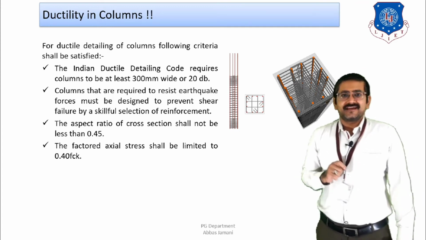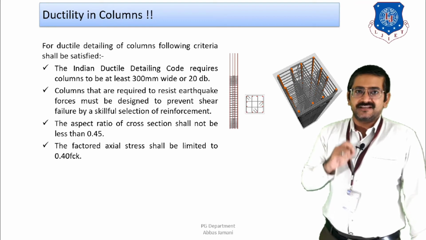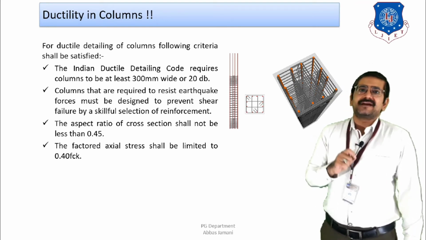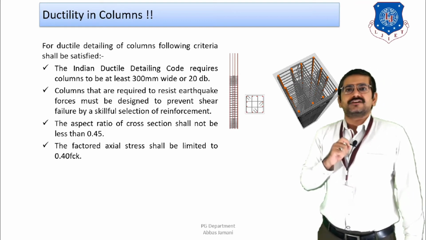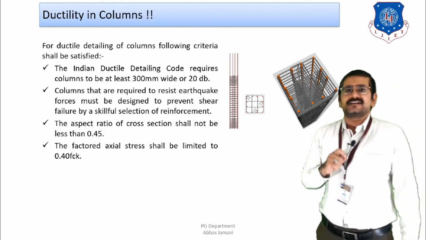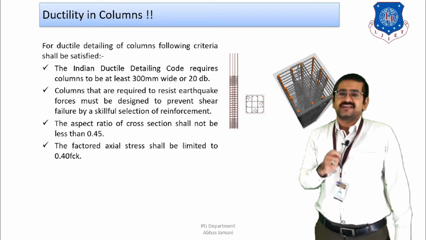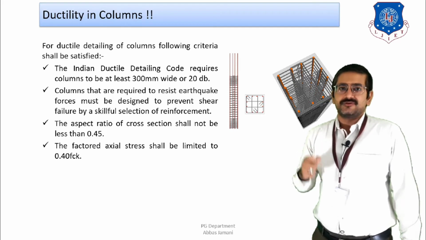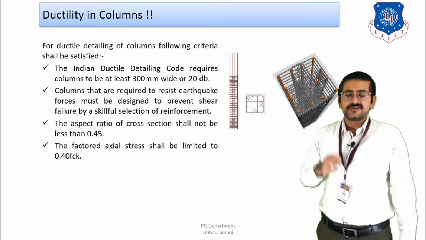Then the second criterion is that it should be capable of resisting the horizontal shear that is introduced by the earthquake forces. And for that, the aspect ratio of the cross section of the column should not be less than 0.45. That is, if you talk about the definition of aspect ratio, then it is the ratio of the smaller dimension to the larger dimension, that is B by D, which should not be less than